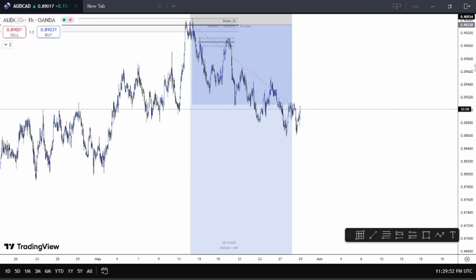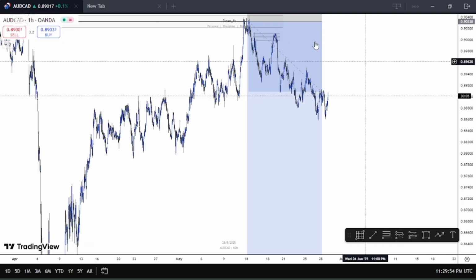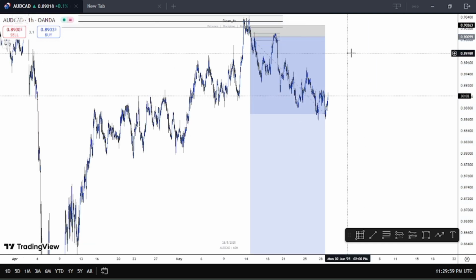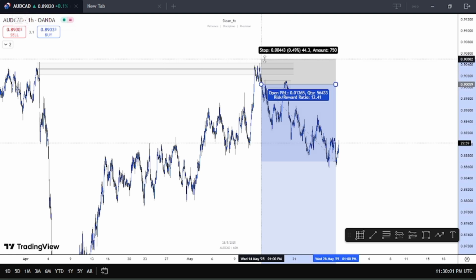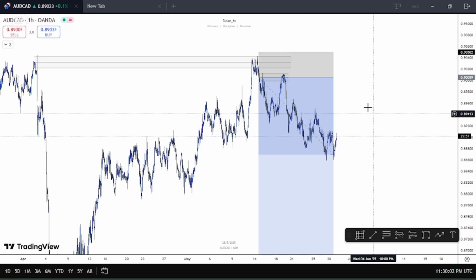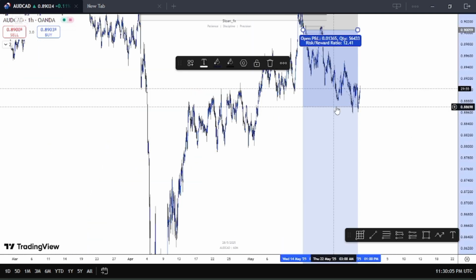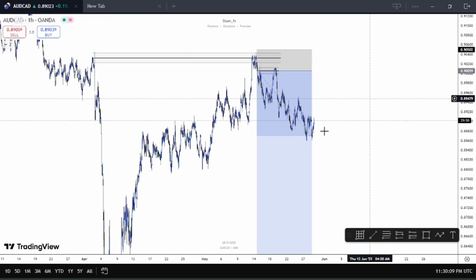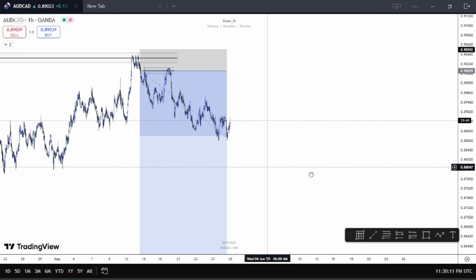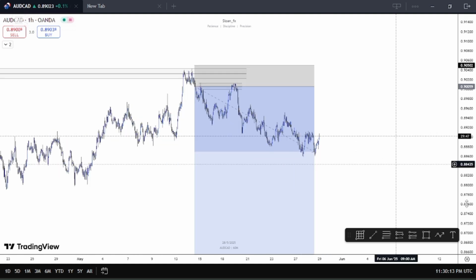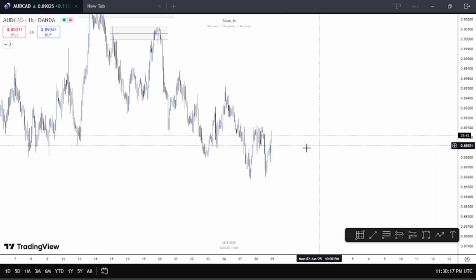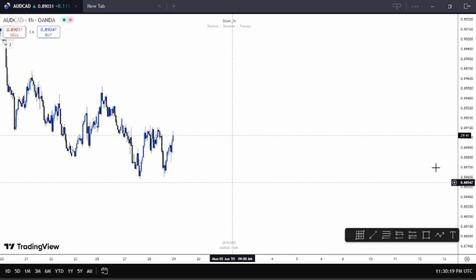So from this area where I took my entry down to the last low, I still left my stop loss slightly above. That's the truth of the matter. So from this area down to the last low, it's basically a 12 hour trade. All right, so I'm actually on this trade, and I'm looking to still scale in further and add more positions to the swing leg I'm holding currently